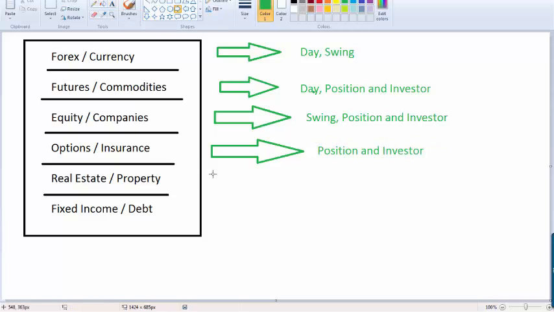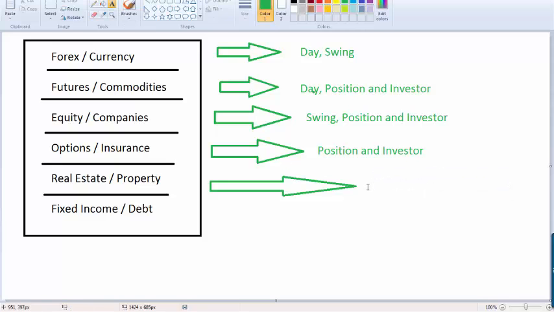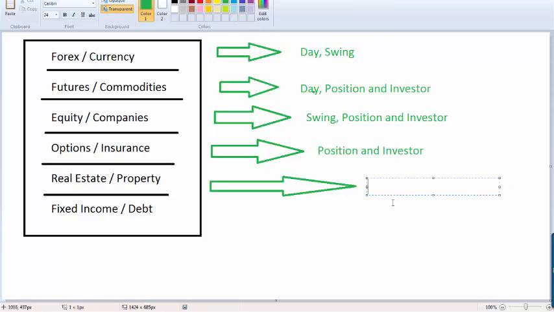Property, real estate. Are we going to day trade real estate? I haven't seen that in the book yet. Probably not. So for real estate, for me, it's more of an investor. Now, some people in the real estate game, because they know how to do it, might be a position trader. Maybe they get in for a few months, they flip a property or something. They could position trade it, right? For me, it's actually none. I haven't gotten into real estate since I was a kid. I grew up a builder's son. This is an area for me to target. For 2016, I want to do something with real estate.